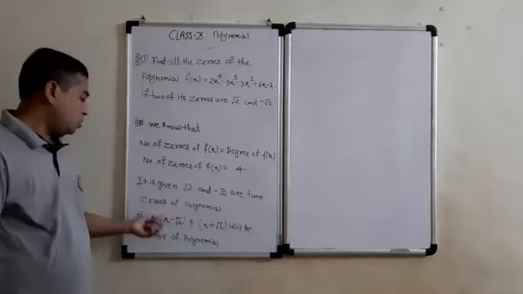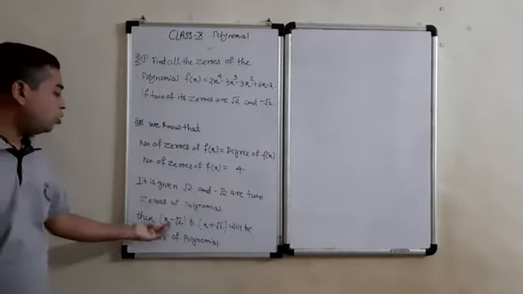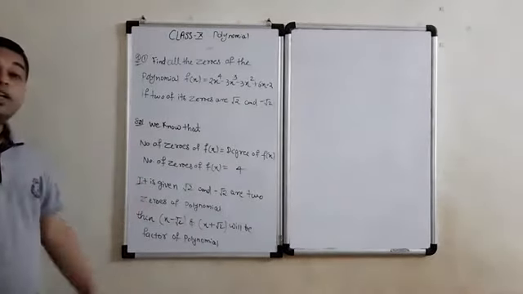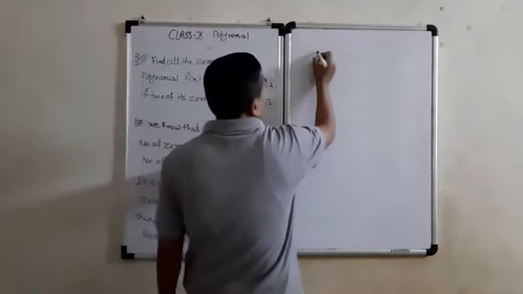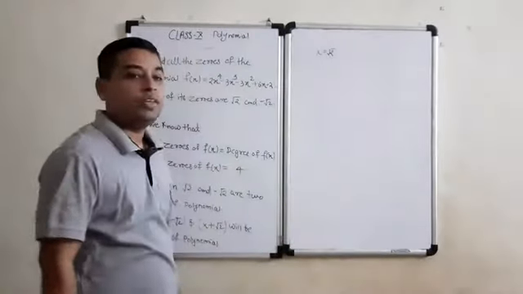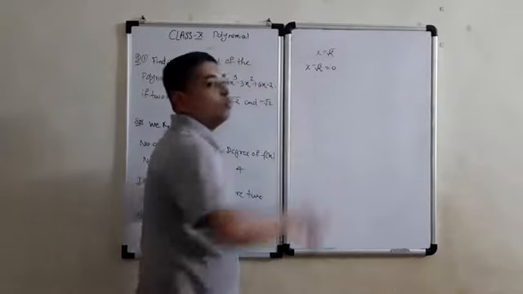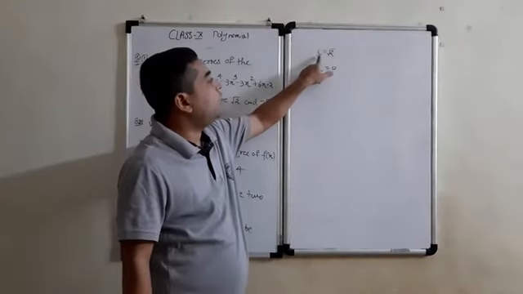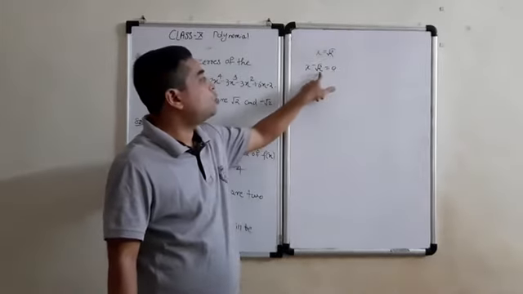Maybe you are confused: if it is given root 2 and minus root 2 are two zeros of the polynomial, then how is it coming x minus root 2, x plus root 2? So we already learned this in the 9th class. What is that? For example, suppose x is equal to root 2 is a zero of any polynomial, then x minus root 2 will be a factor of that polynomial. Remember, if the value of one zero is given, x is equal to root 2, so this root 2 we will transfer to this side, that is equal to 0. X minus root 2 will be a factor.